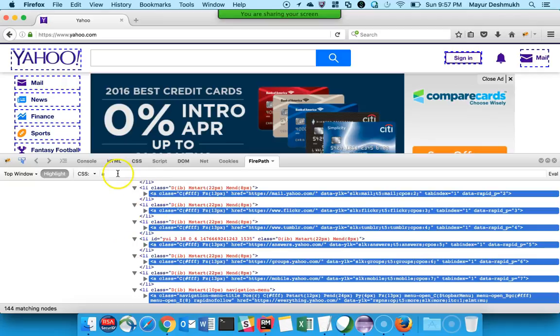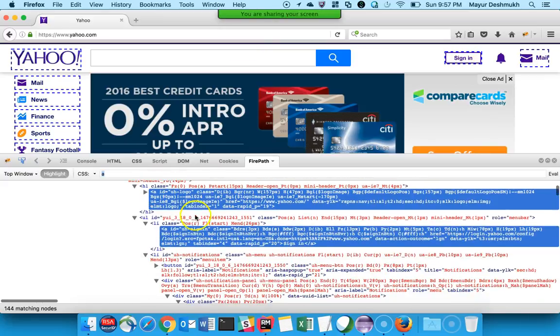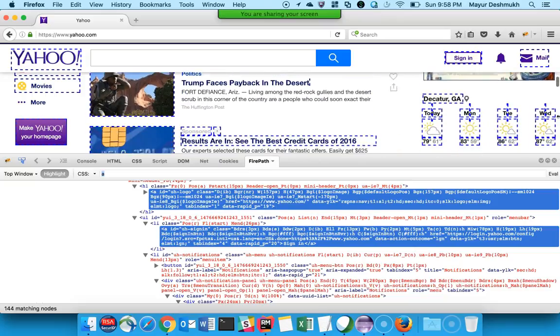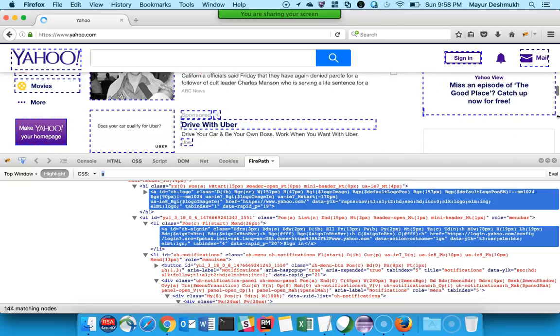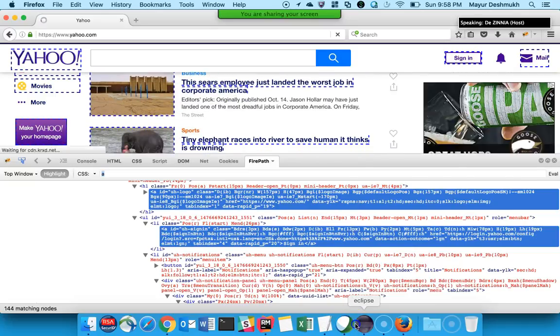So this is a simple CSS selector we can use, which if you retrieve the values, it will retrieve all the values which are matching to this particular node. So in this case, it is highlighting all the A tags, that is all the links on the page. So if you can see, everything which is a link is highlighted on the page. Okay, now what you can do is